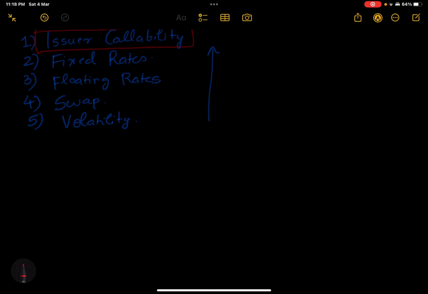Pretty standard. We will go from bottom to top. First, talk about swaps, volatility, floating rates, fixed rates, and then issuer callability. But first, let's define the problem. To keep it very simple,